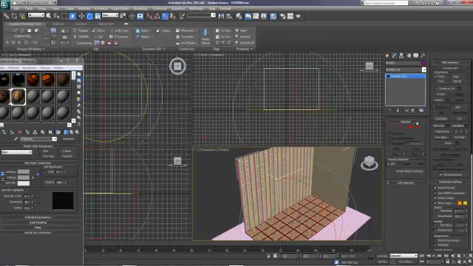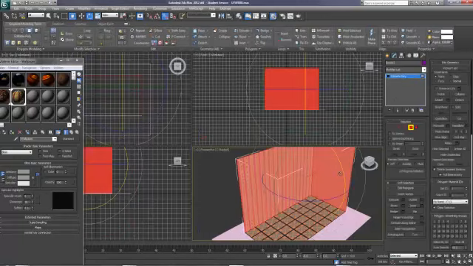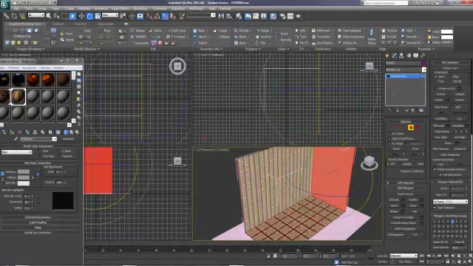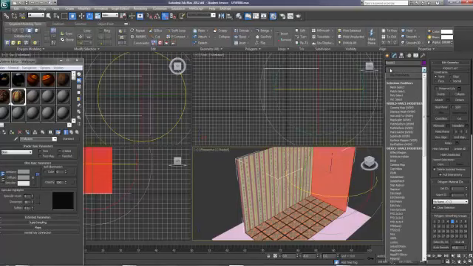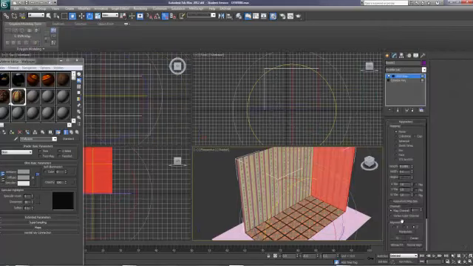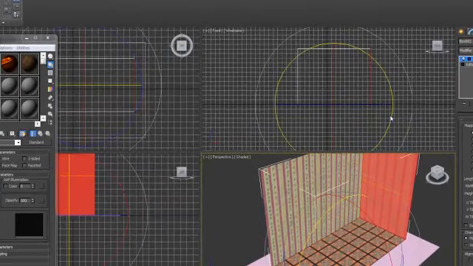Now let's select the last wall. Once we've selected it, once again we can apply a UVW Map Modifier. Now instantly we can see something has appeared, and if we render,